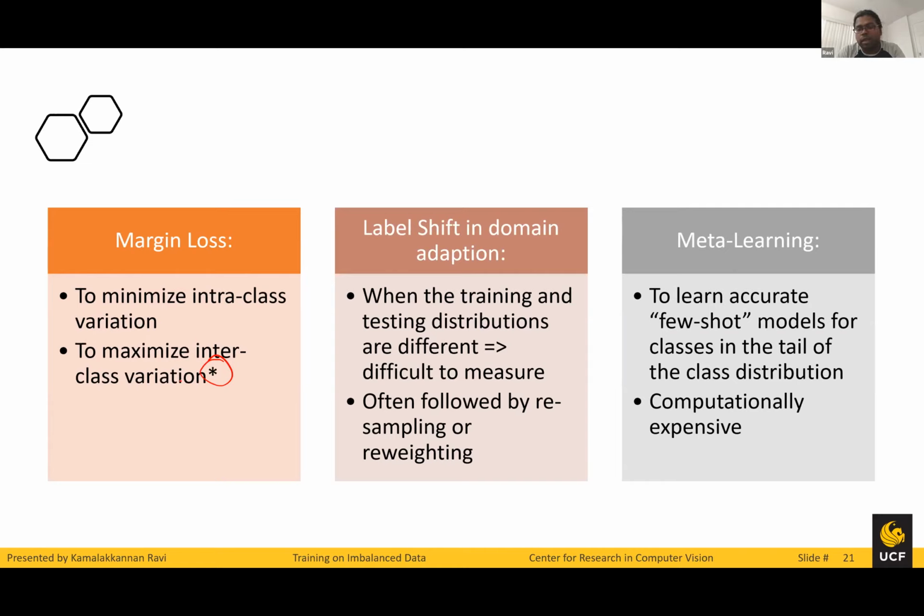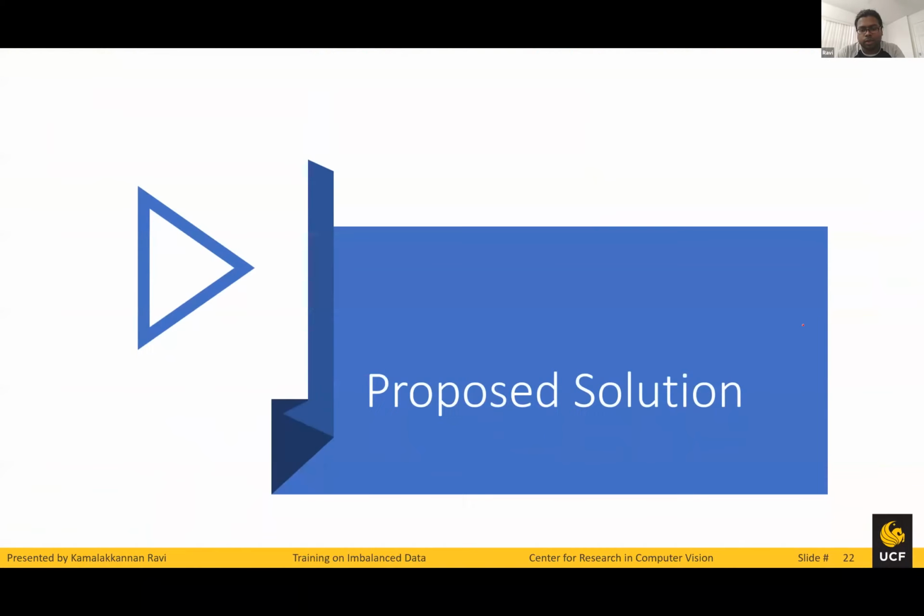And finally, we have meta-learning. Meta-learning, as we've seen before in this presentation series, is used when we have a fewer number of samples to learn from. We can use few-shot modeling to learn from them, particularly the tail distribution that we saw earlier. It's easy to model them. However, it's computationally expensive. So given all these existing solutions, the authors think they can come up with a new approach